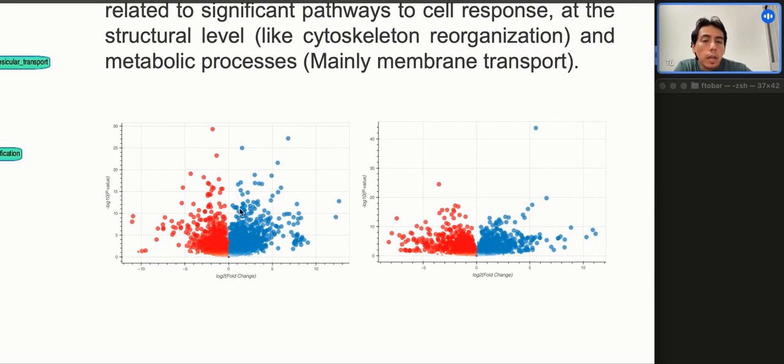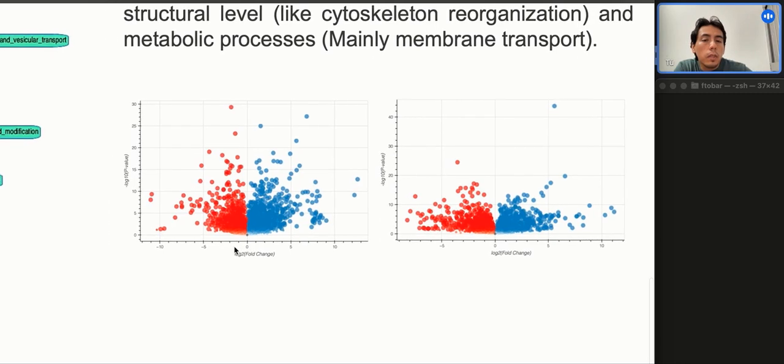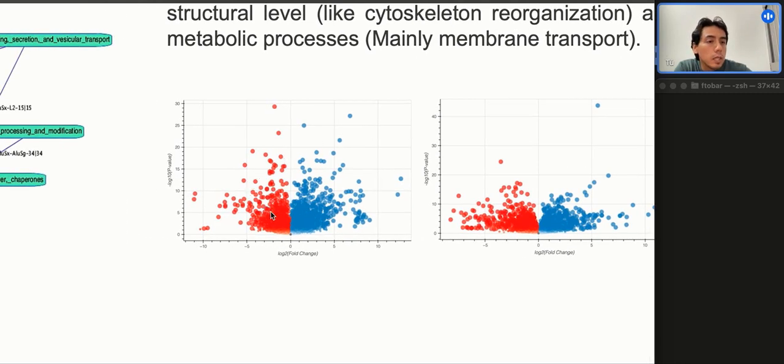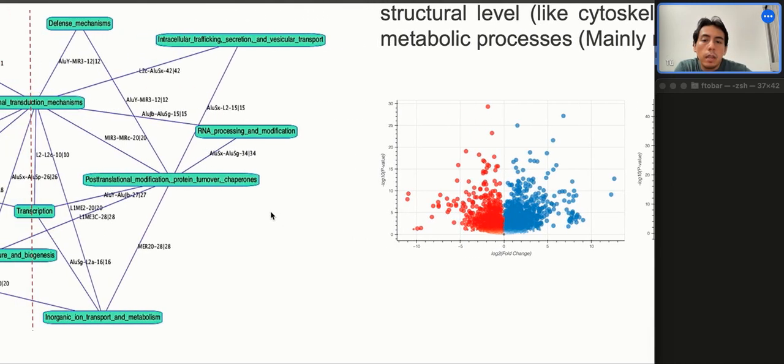For example, here are the high and low expression genes, and we found that the highly expressed genes are more confident with respect to the levels of expression. It allows us to validate the fact that there are common pathways in response to bioactive compounds, and now we are working on the definition of the specific genes and the possible connections in the definition of new pathways that allow us to propose a clearer, common pathway in response to several bioactive compounds. And now we are working on this kind of analysis.